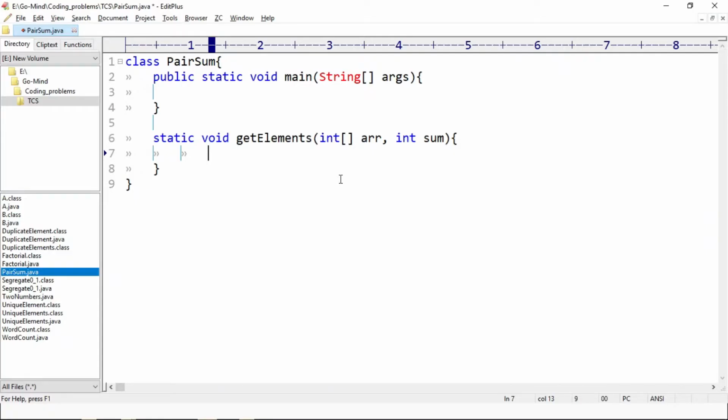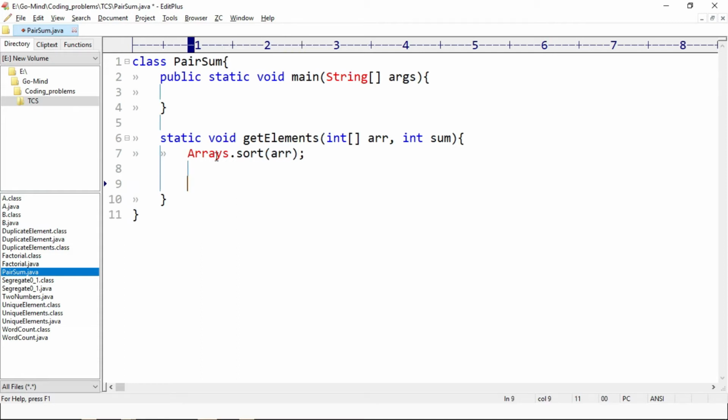Firstly, we have to sort the array. In arrays class, we have method sort. So we'll use Arrays.sort and we have to pass the array which we want to sort. Now we will initialize the two pointers, left equal to 0 and right equal to length minus 1.